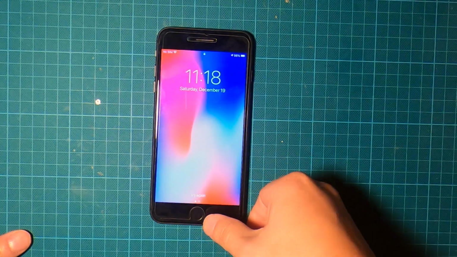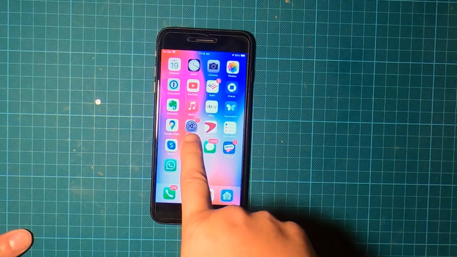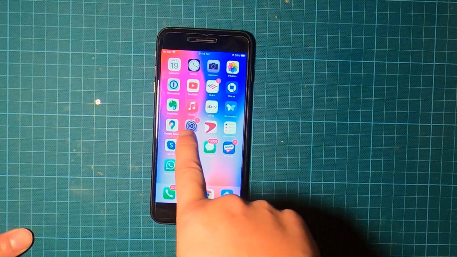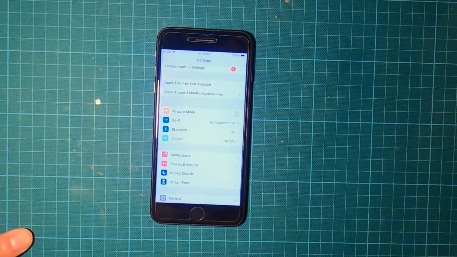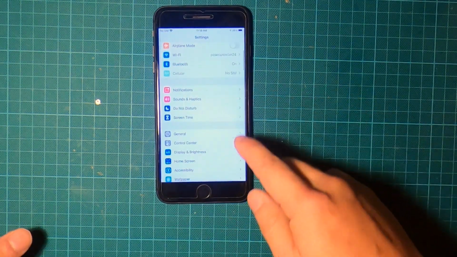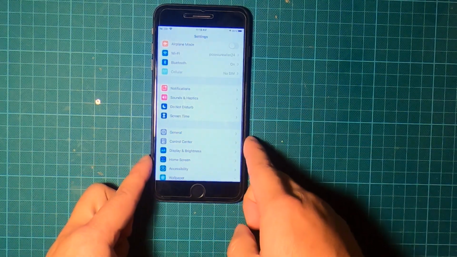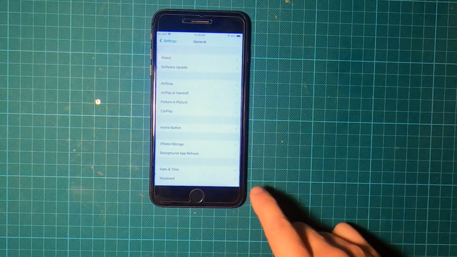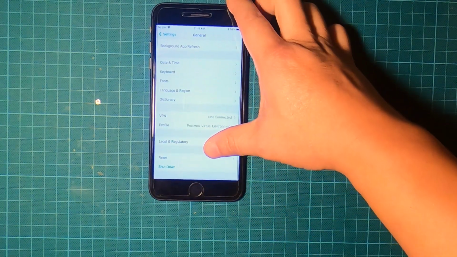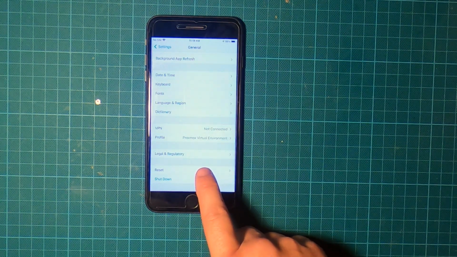So first, all you have to do is turn on your iPhone and then go to Settings. Settings is the icon that has these gears. Just press that and then go to General, which is this one right here, General. And then once you are inside General, scroll all the way down to Reset, which is the second from the